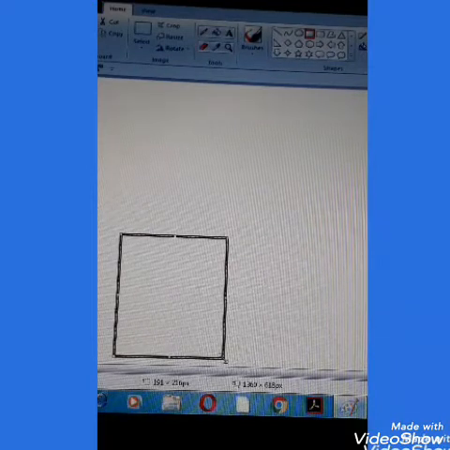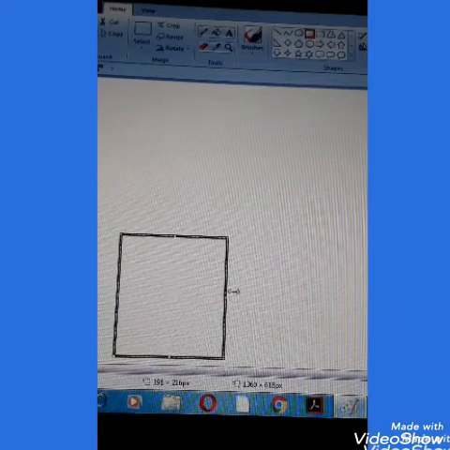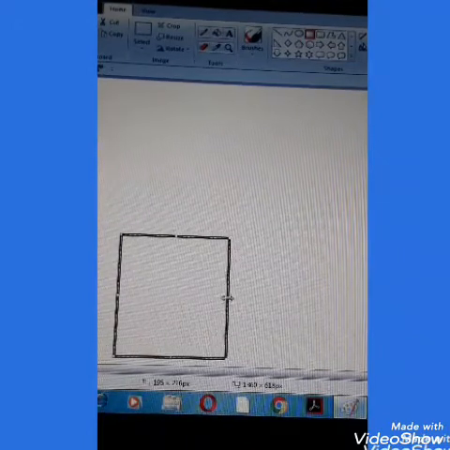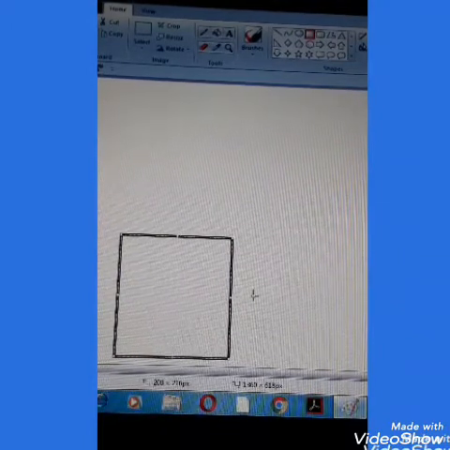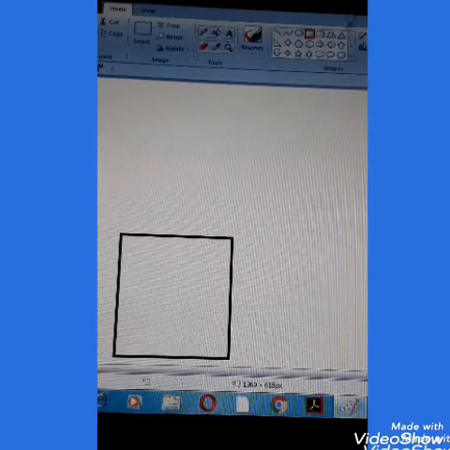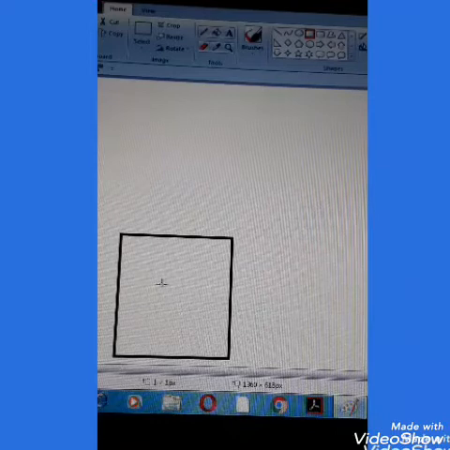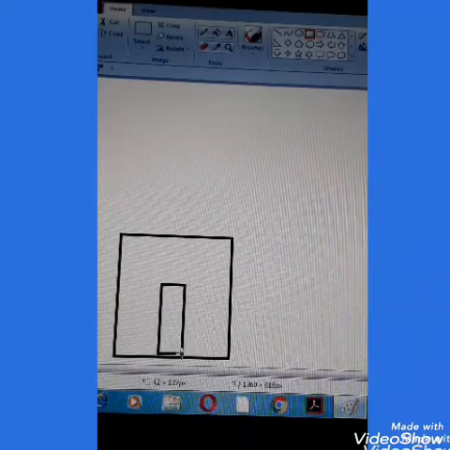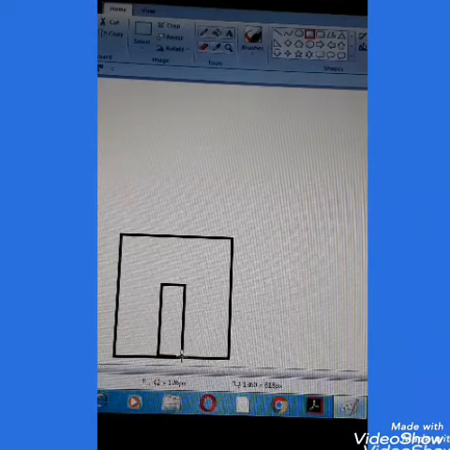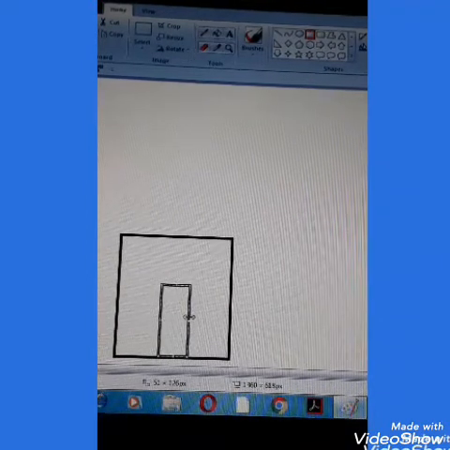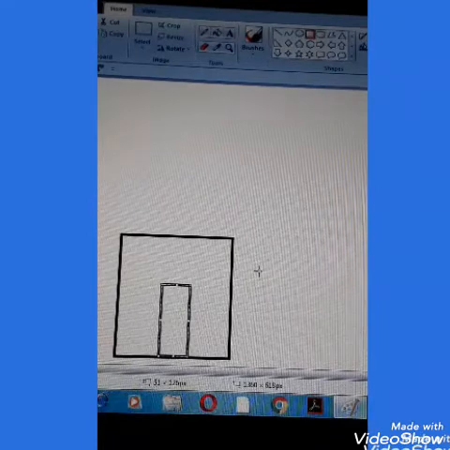How to draw, how to reshape, how to resize, everything I have explained to you already. Once you get the desired shape and size, you can click it outside. Once again, you have to take the rectangle tool and draw a door here. Resize if it is necessary, or else you can just click it out.